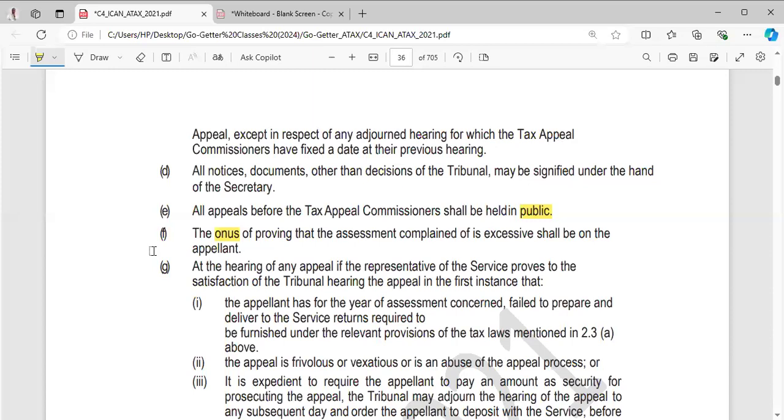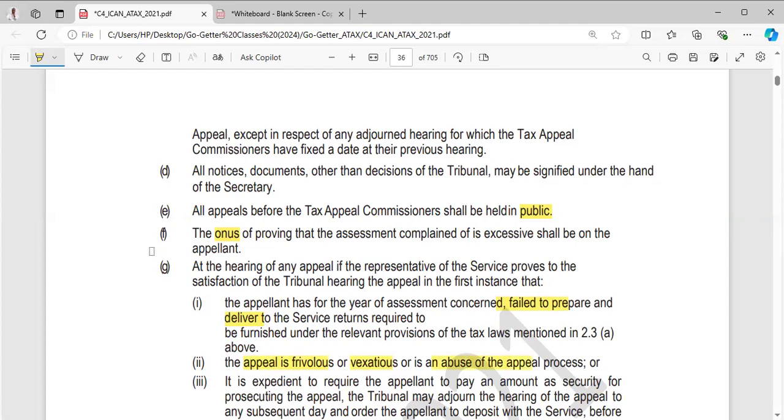If it proves that they fail to prepare and deliver, that's number one. If they also prove that the appeal is frivolous, vexatious, or abuse of the appeal process,